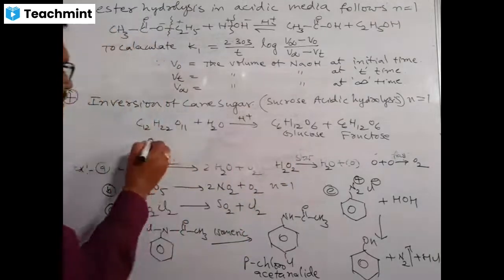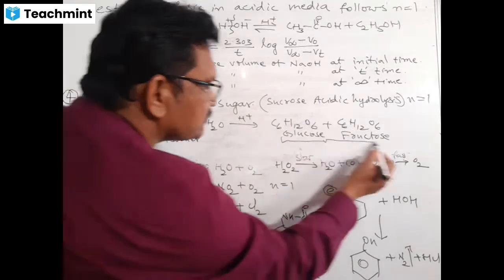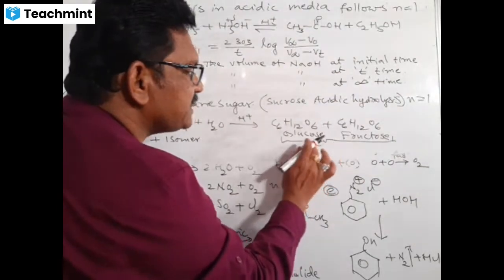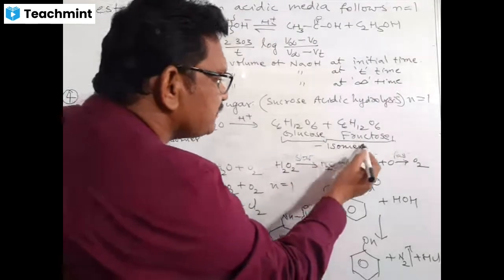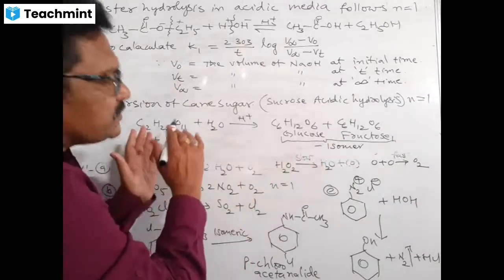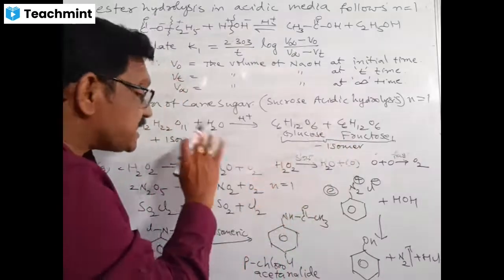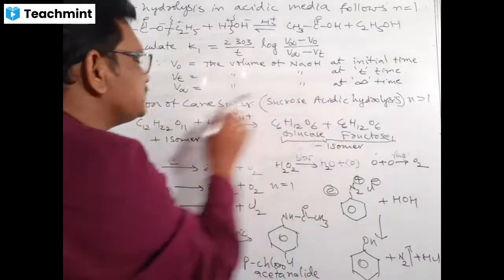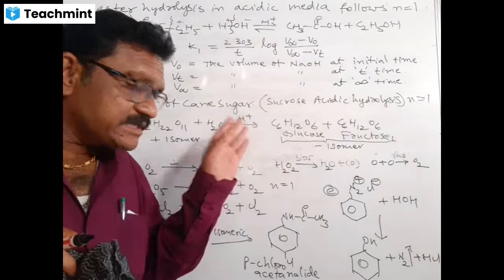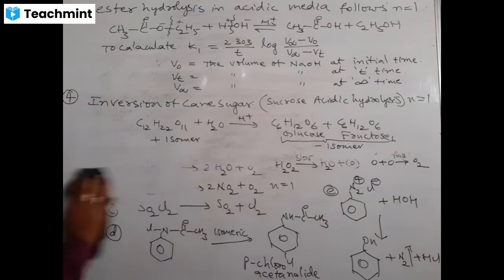That means this is the plus isomer, dextro isomer. The resulting glucose and fructose solution exhibits minus. Minus means levo. This is called the minus isomer, levo. Here there is an inversion of optical activity. Plus becomes minus. Dextro rotating isomer changes to levo rotating isomer. That's why the sign is inverted, the rotation is inverted, so it is called inversion of cane sugar. Remember that. Of course, this will be studied clearly under optical isomerism. It will come. You don't bother.